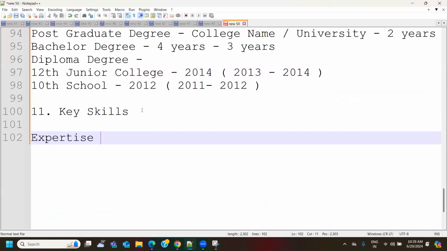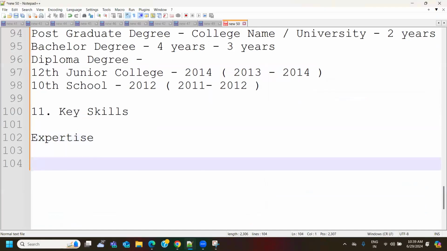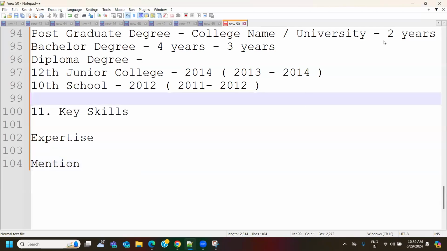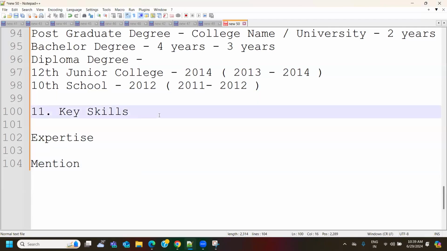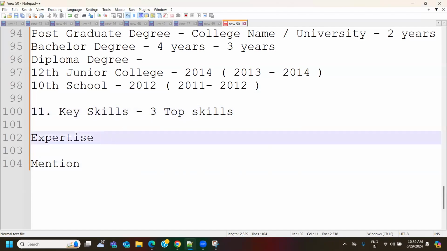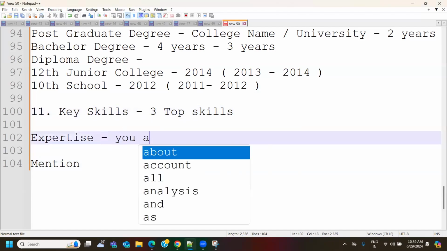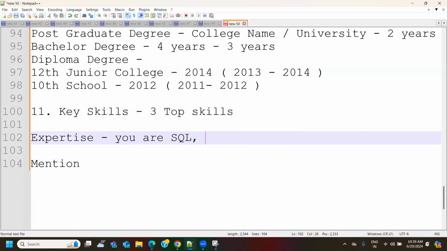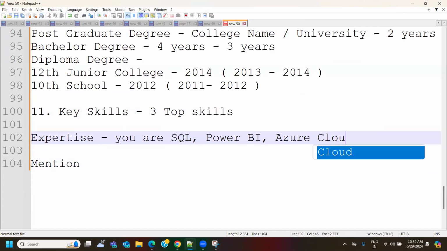While mentioning skills, you may mention the skills you know only at a basic level at the very first moment, because skills will keep changing. Key skills will take n number of options, 20, 30, 40 also. But there are three top skills. It will ask you what your top three skills are, and there you should mention your expertise. For me as a data analyst, SQL is a must. I have a very good understanding of Power BI, and a good exposure to Azure Cloud. I'll mention these three as the topmost skills.